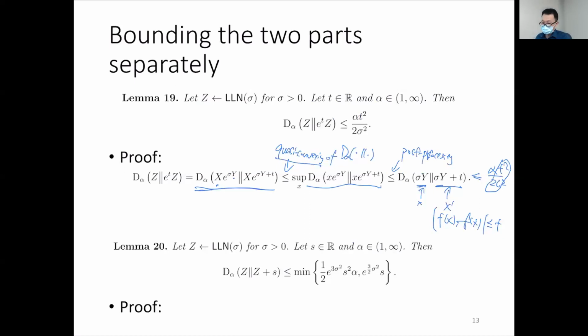How about the other leg? How about the translation property? Yeah, so the translation property looks like this. I won't go into the details of the proof, but the idea is about calculating the log density ratio and showing that with probability 1, this log density ratio is bounded by e to the power of 2/3 sigma square times